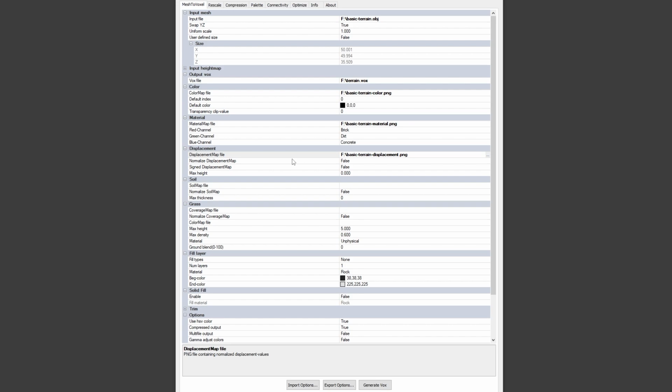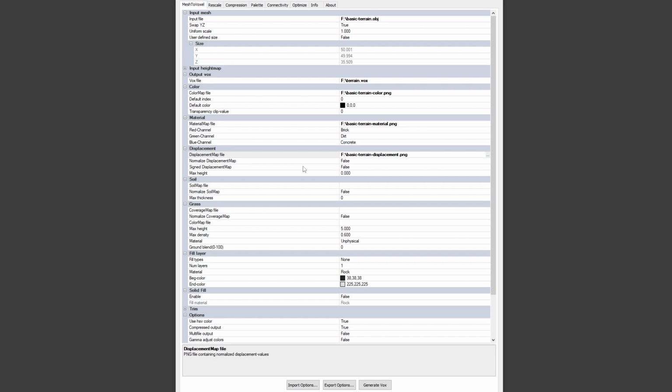The normalize function will try to expand the range used in the displacement map to use as much as possible of the available range of grayscale colors. I'm leaving that off.